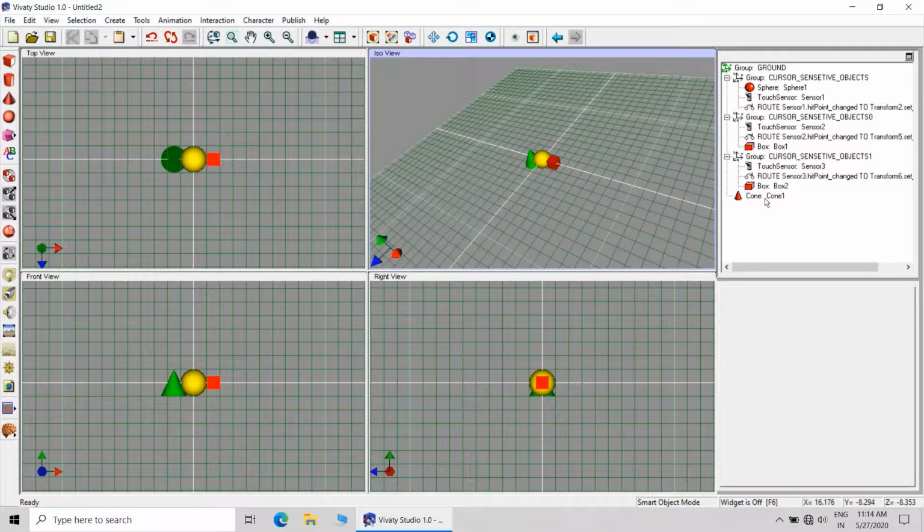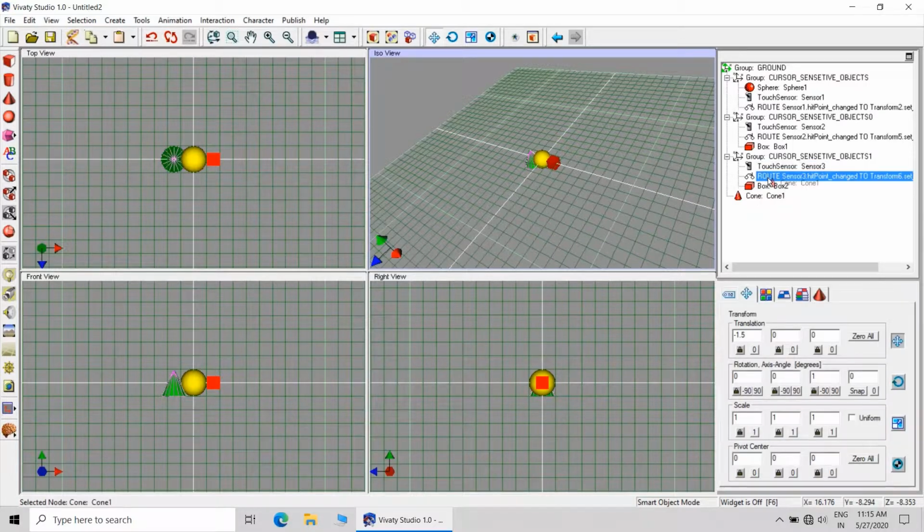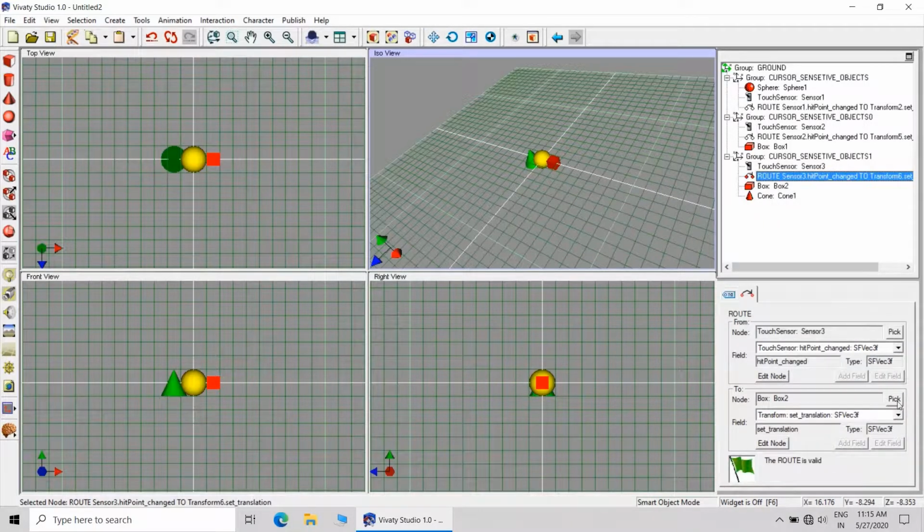Then we can add one cone. So replace box with cone, and then you can add cylinder also. So this is how we can replace one primitive with the other primitive. Box can be replaced with cone.